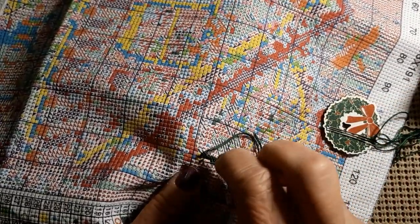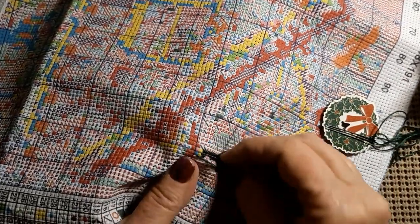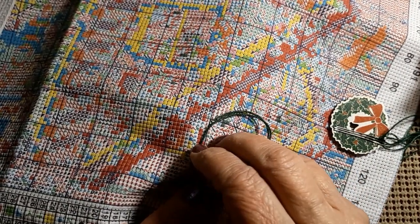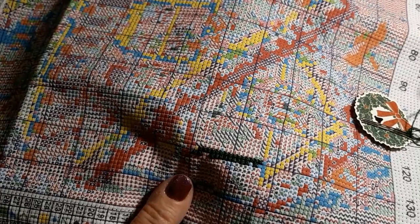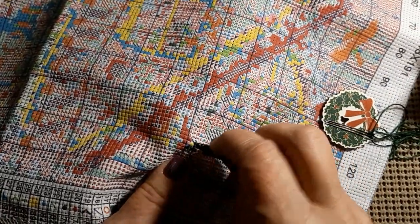Now I know I blathered on a lot and we didn't get a lot of stitching done today, but I thought it was important to address the simple thing. How do I cross stitch? Oh my gosh, how do you do that? But it's not hard. It's repetitious. I think that's the part that makes it so calming,